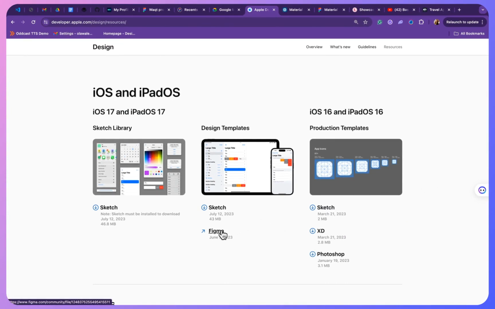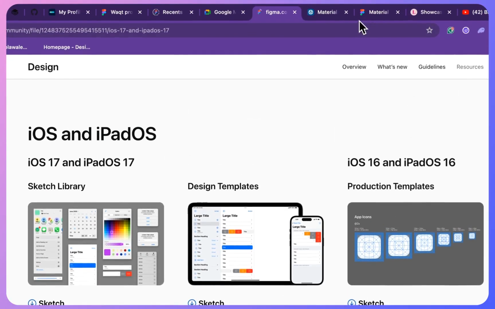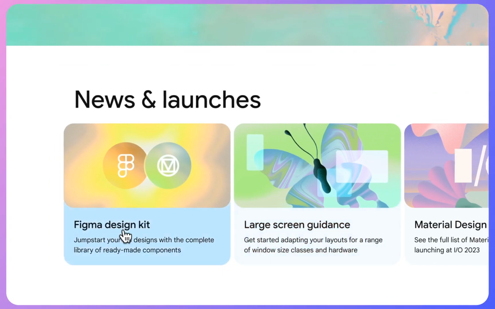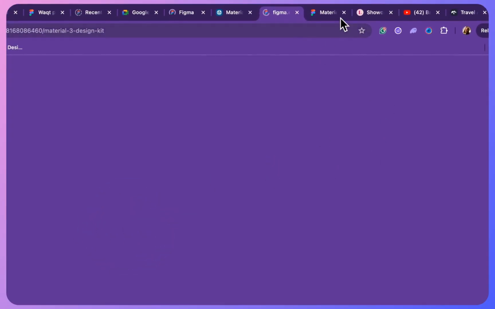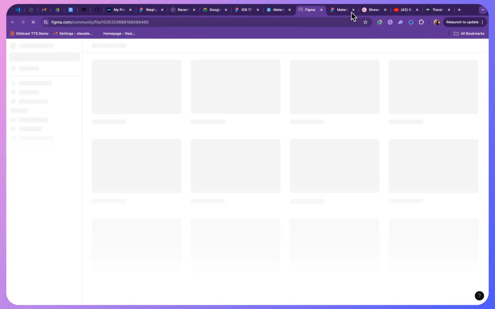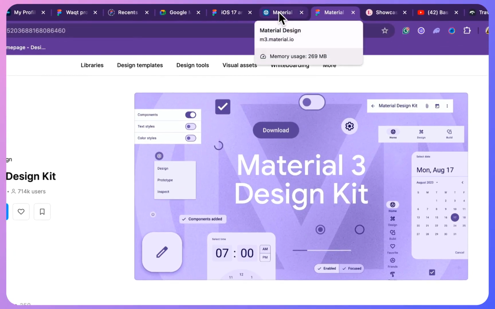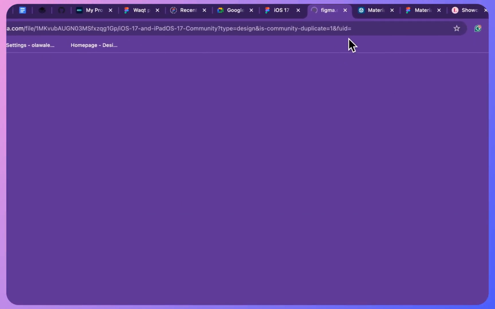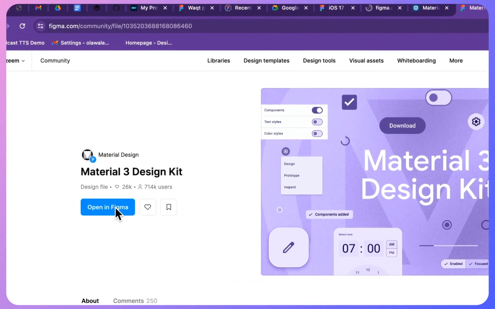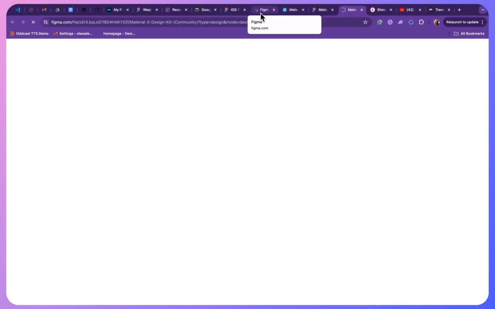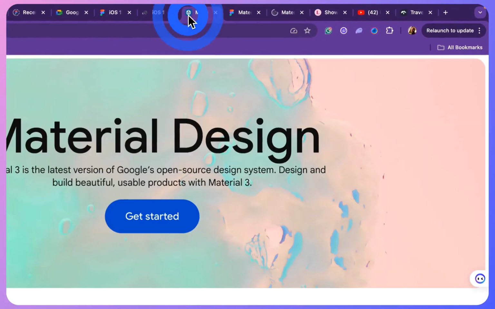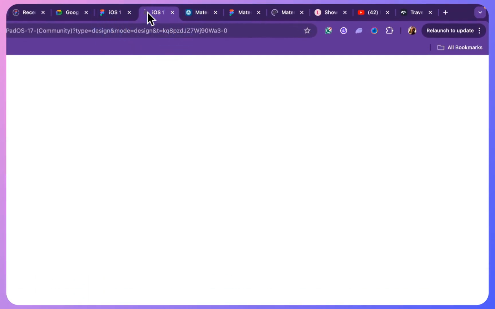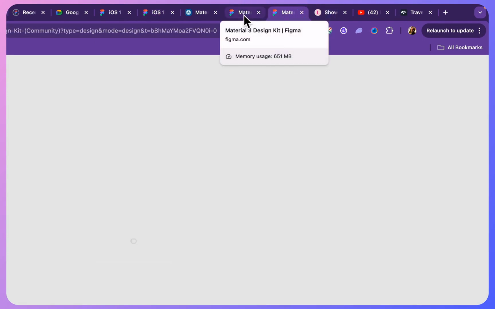To open, just click on Figma, and for material, just click on the Figma design kit as well. Let's give that a minute to load, please. Yeah, perfect. Now, I can just open this on Figma, and I will open material design as well on Figma. Let's just give this a minute to load, and while we do that,